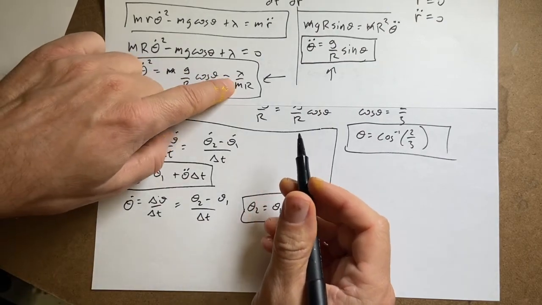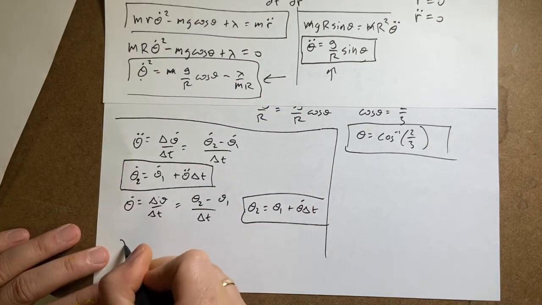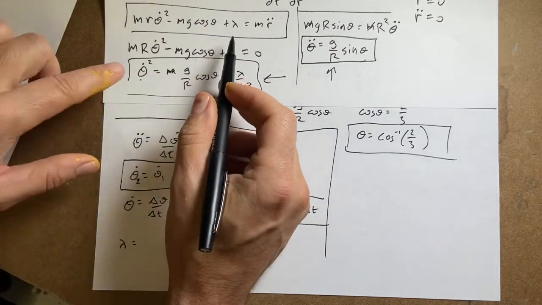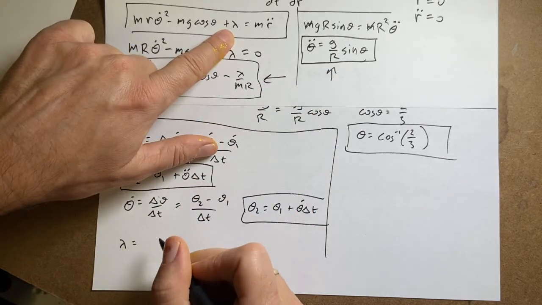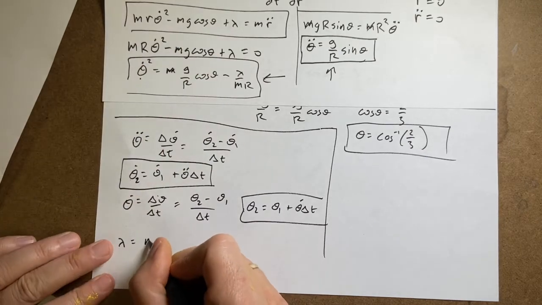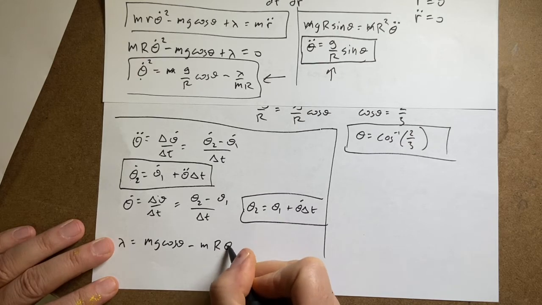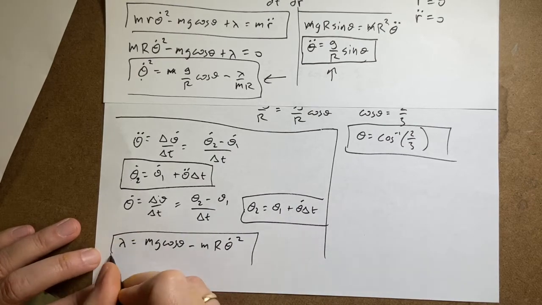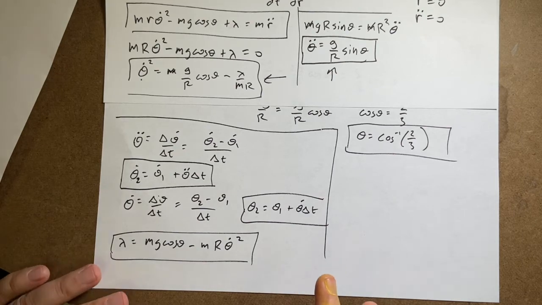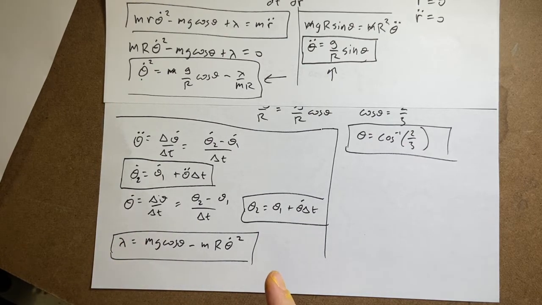And then finally, I can use that to calculate lambda, right? So I can say lambda equals, going back up, I guess I could use this version up here. Lambda is going to be equal to, that was a 0, mg cosine theta minus mr theta dot squared. Now I can calculate lambda, which is the force of constraint. Then I can repeat this for the next time interval and next, and I can get a plot of lambda as a function of theta, and then I can find out when lambda becomes 0,